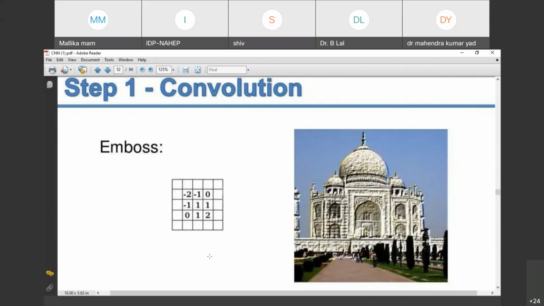Because as we have seen in the last example, I told you that it was a 7x7 image of a smiling face, and from that,